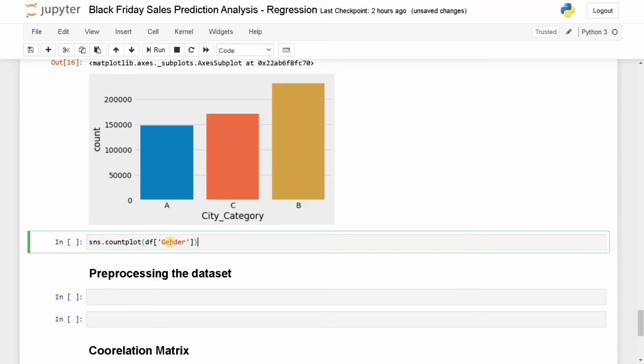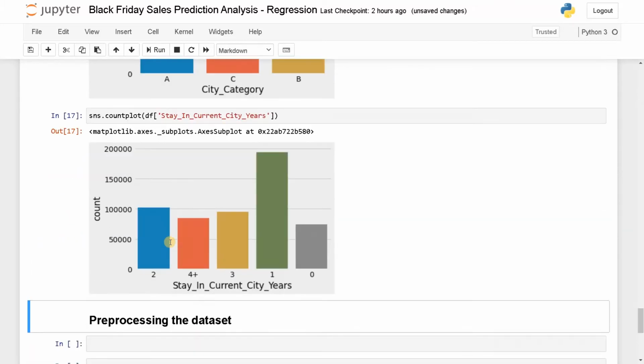And lastly, stay in city. Yes. Okay, this is also a category 0, 1, 2, 3, 4 plus. 4 plus may go up to 5 to 6 or 8 years. It depends. But most of the people are staying in the city for 1 year, maybe based on the data collected.